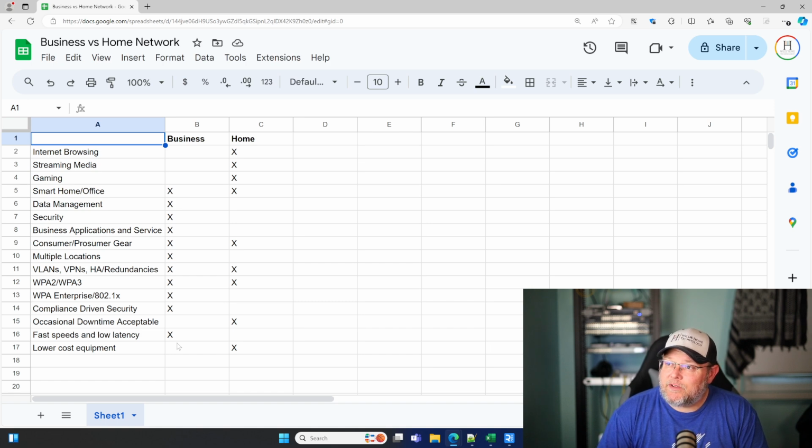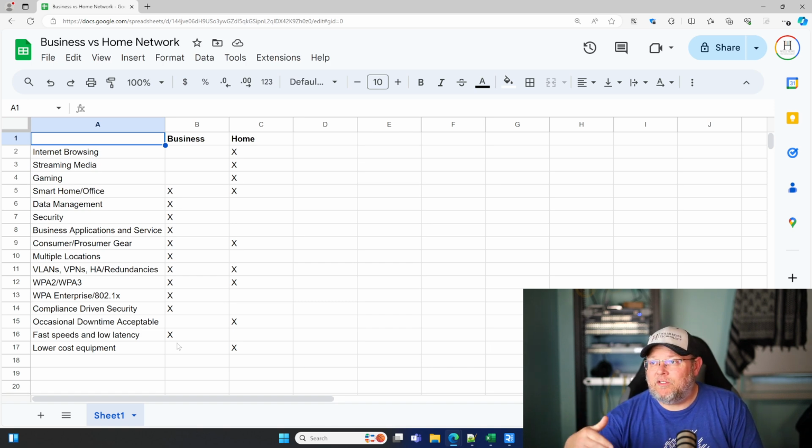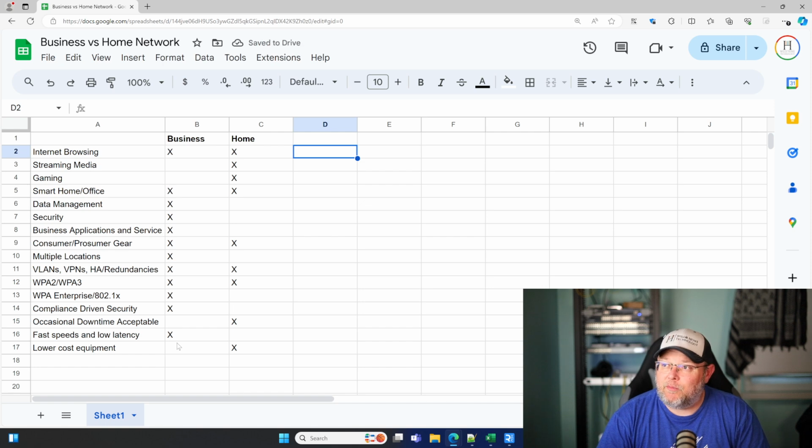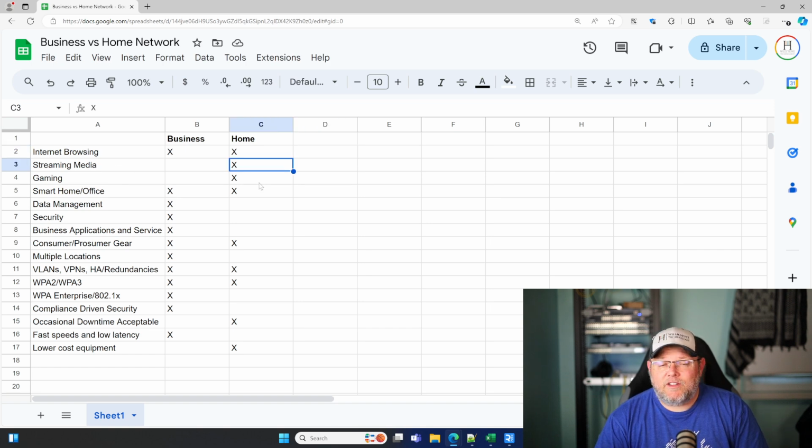Thought about this for a couple days, and so here in column A is kind of use or requirements, and then I matched, is it a business network or a home network with that, right? And I guess really for business, we could add internet browsing in there too as something that you're going to use the business network for. So, internet browsing usage, business and home. Streaming media, I mean, if you're a streaming media company, right? So, there's always going to be some overlap between the usage, especially in 2024, right?